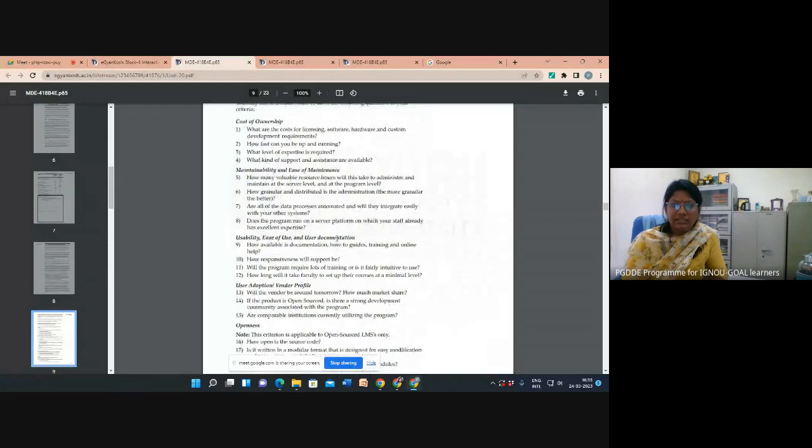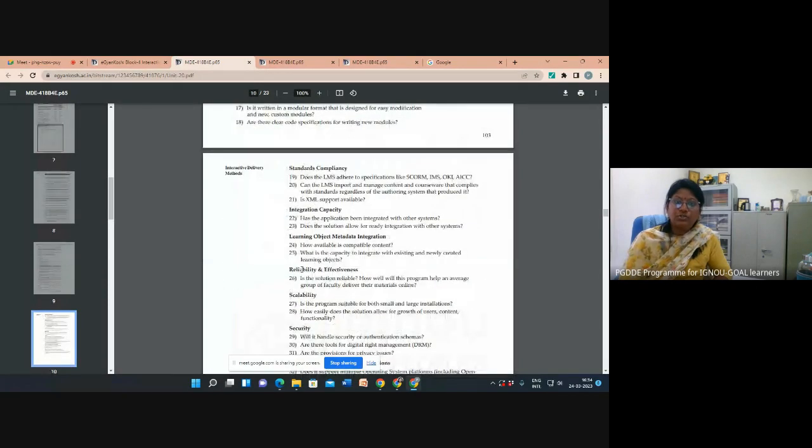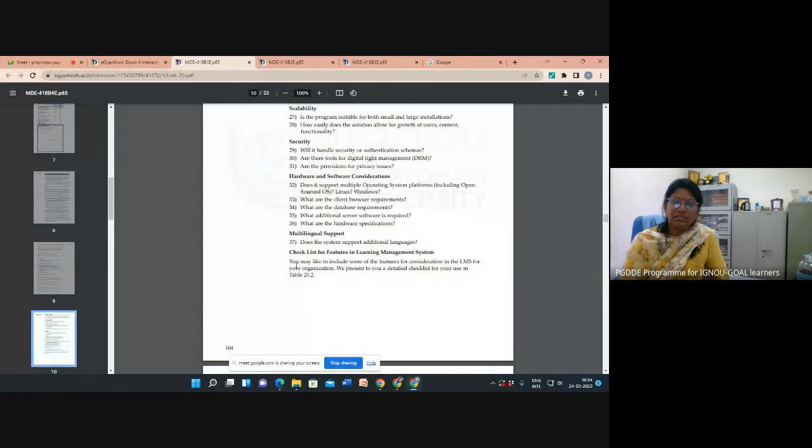Maintenance and then usability, how you are using. As I mentioned, since we have an LMS, we should not underutilize the LMS. How to use it properly is also a very important topic. So where to give the accessibility, to whom we have to give the accessibility, and all the things you have to see while selecting the elements. Okay, sometimes there may be a hidden thing.